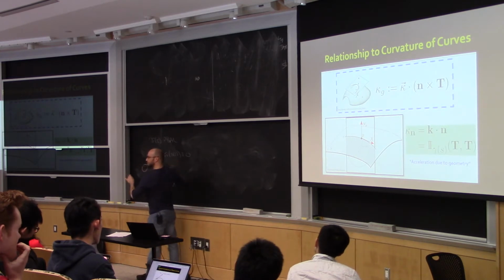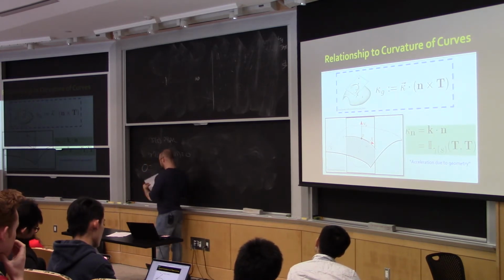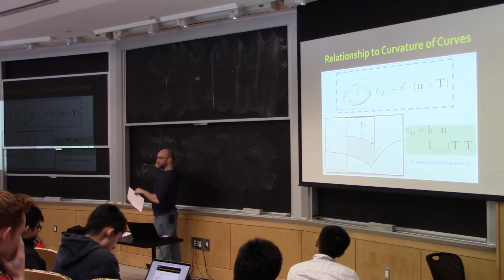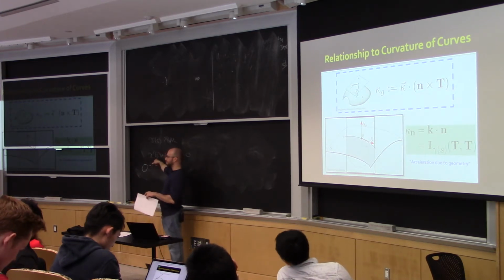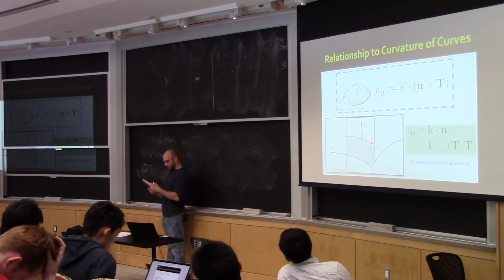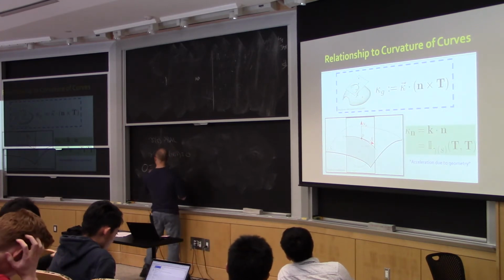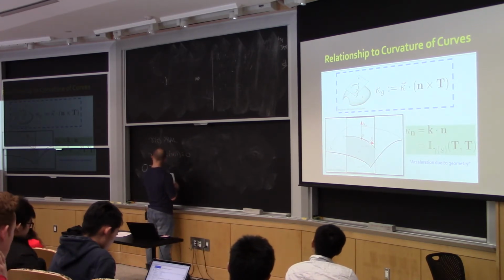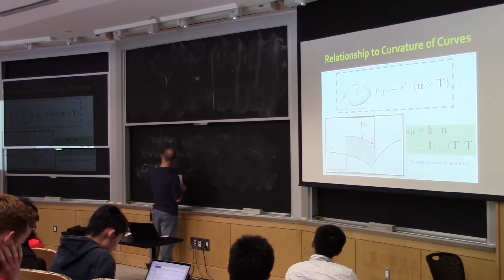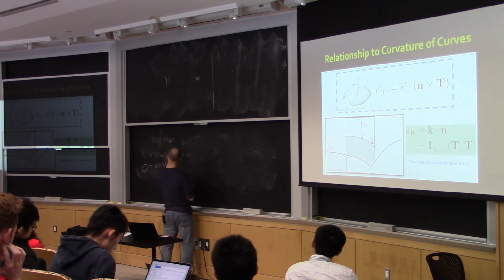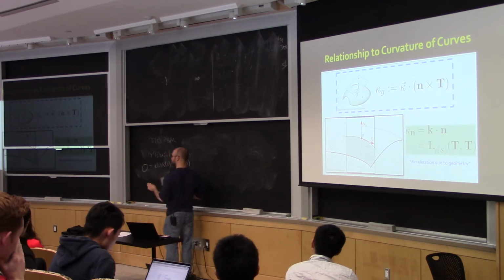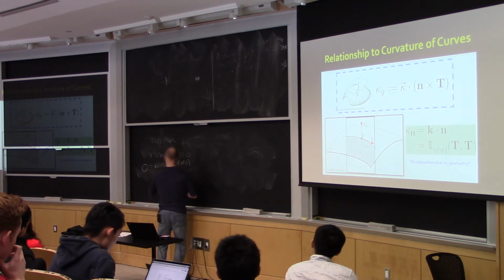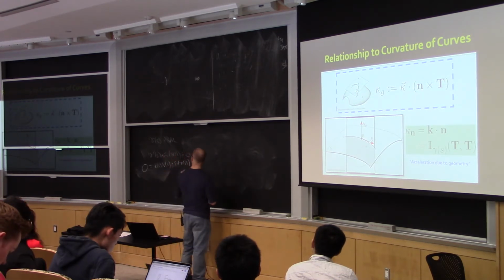Derivative of 0 is 0. I think we can all agree on that. So now let's differentiate this guy, right? And so there's a product rule involved. So first of all, what's the derivative of the first term? Well, this thing is gamma prime of S, so it's just gamma double prime. But that has a particular name, right? That is the curvature normal, k of S of the curve, right? So that's the dot product with the normal of the surface. So first of all, well, let's finish the formula first. Okay. And then what do I add to that?